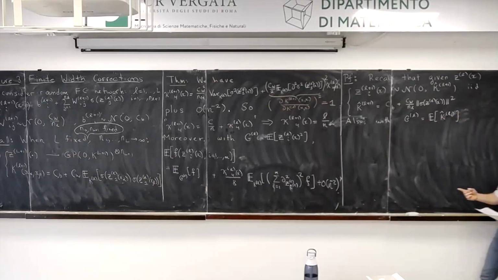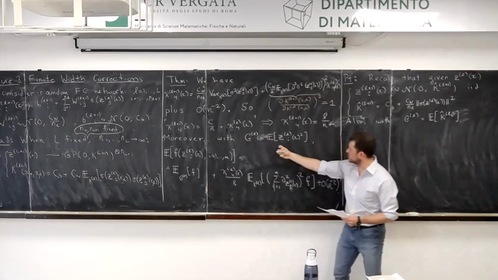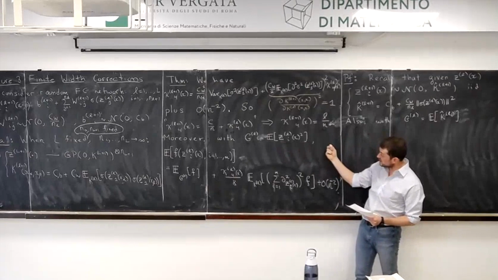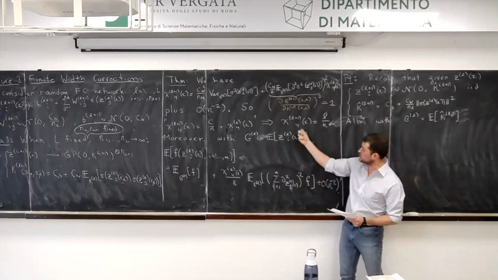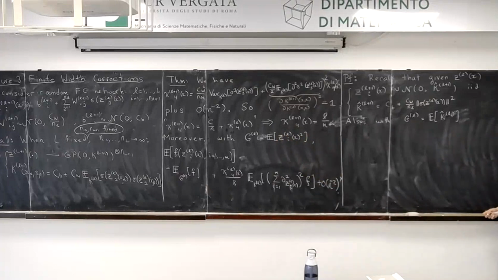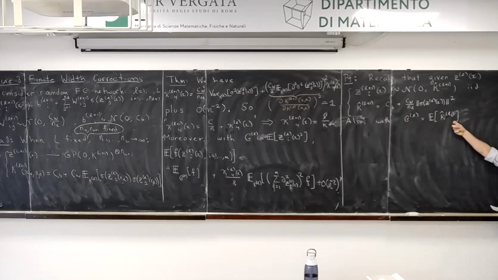Well, because G^L is the expectation of this square. But you just condition on the previous layer, and you get the expectation of the conditional expectation, in other words, the conditional variance. And then you just get that they're the same thing. Very good. So G^L is the mean of the variance at layer L,